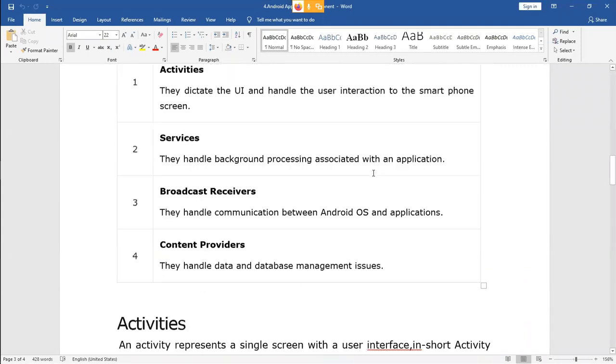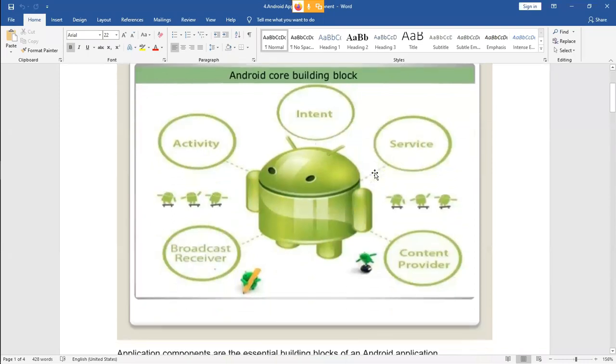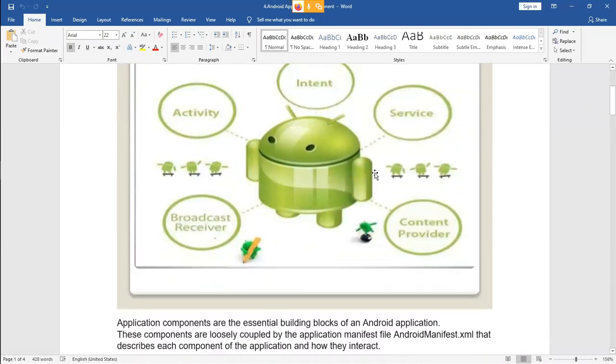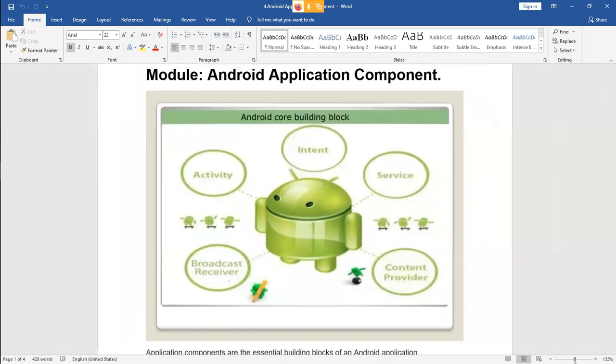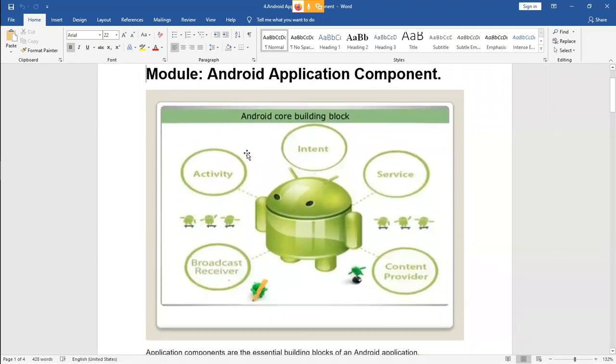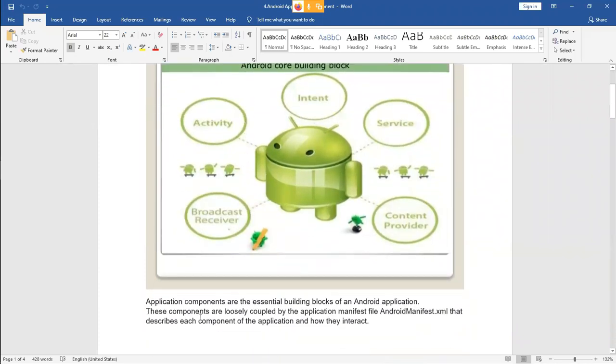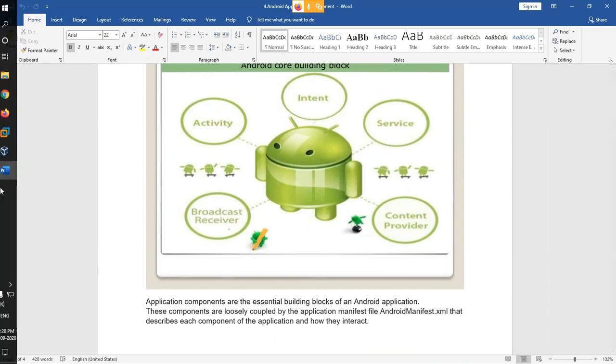If you look over here, in the very first stage they have given Android core building blocks, which are basically interconnected to receive an activity, provide services to the end users, and broadcast the packets. So over here you can see the module Android application components, which are essential building blocks to build the application layers for an Android application. These components are loosely coupled by the application manifest, AndroidManifest, which describes each component of the application and how they interact. So for example,